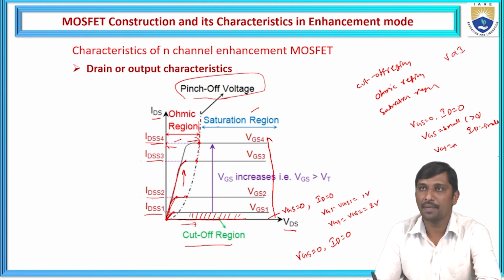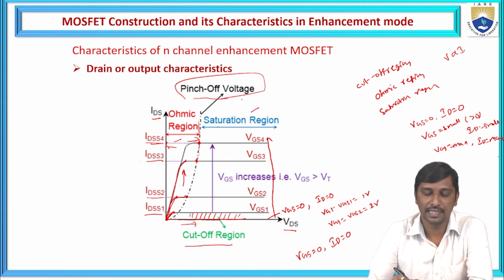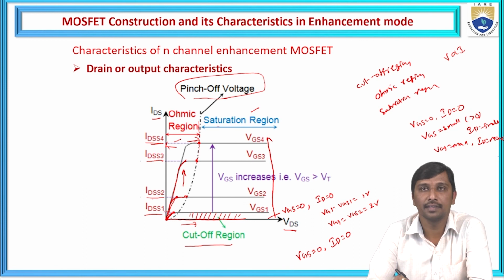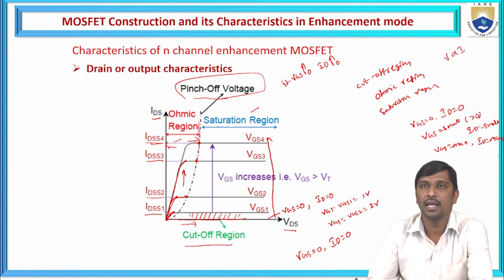And when VGS is maximum, we observe that the drain current is also maximum. Hence, if VGS is increased from 0, the drain current is also increased from 0. Hence, here I am going to plot